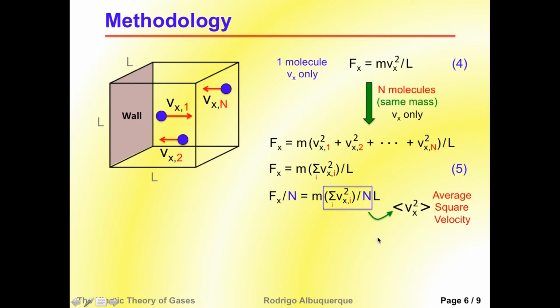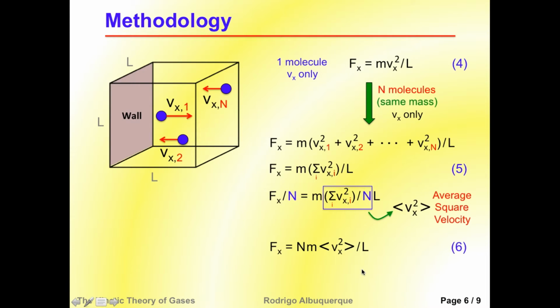And then we can realize that the summation over n velocities divided by n is just an average of the square velocity. And so I'm representing the average using this bracket notation. So this represents the average square velocity, which means I can simplify this equation in this form in order to get equation 6, which shows how the x component of the force depends on the average square velocity of all